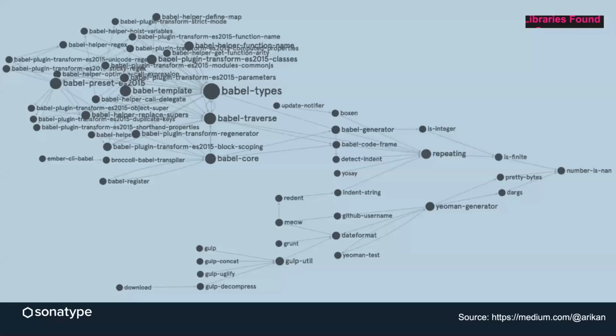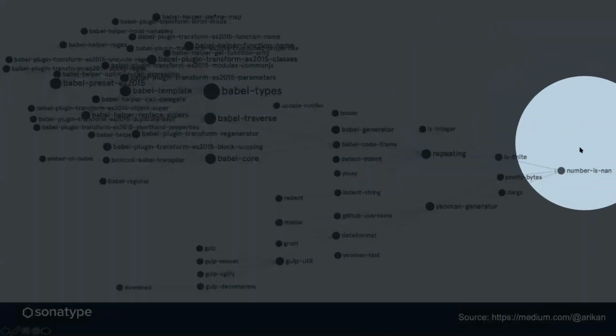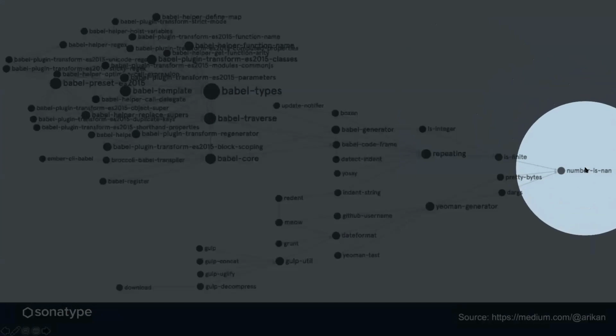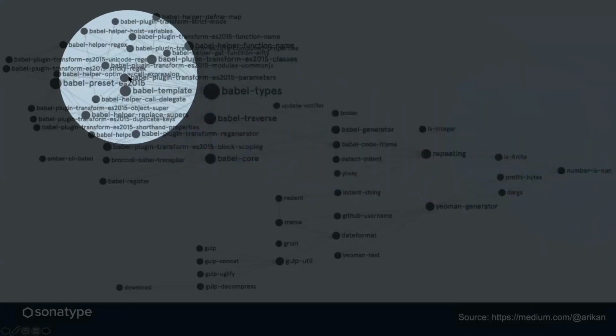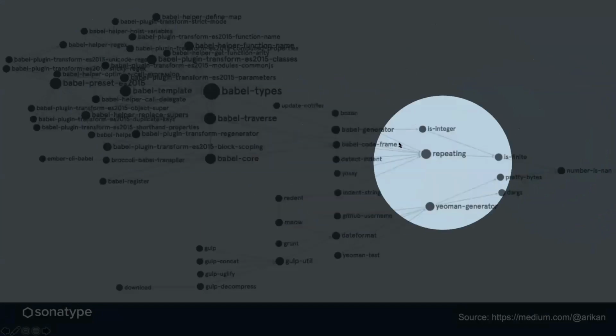But part of the complexity of managing this is that, as well as obviously defining open source that you use, so just saying, I know this interesting library, number-is-not-a-number, seems like an easy thing just to pull in and use. It's a JavaScript library in this case. Pulling in that single dependency yourself will then, within the tooling, pull in a whole load of other transitive dependencies. And this can be a very complex structure.